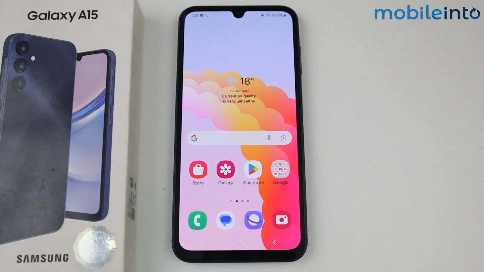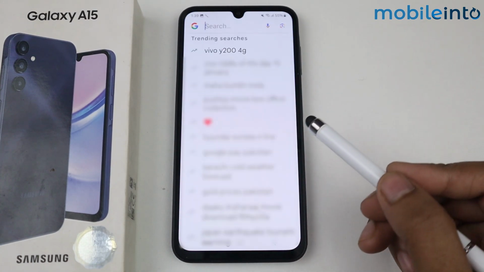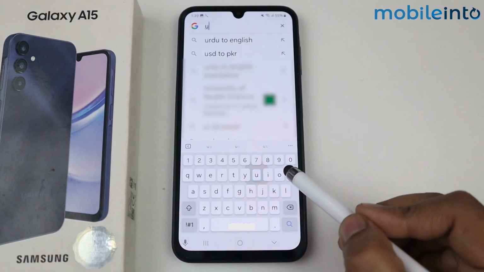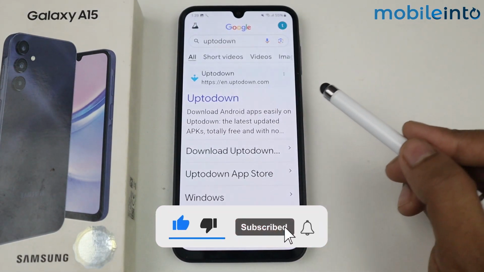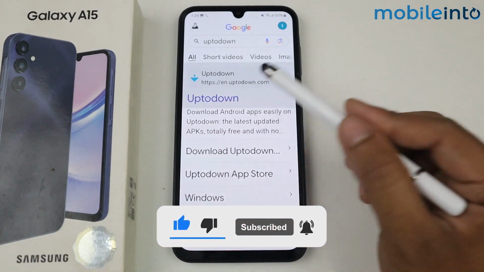Hello, in this video I'm going to show you how to customize volume bar on Samsung Galaxy A15. Simply go on Google, search here up to down, tap on the first website,